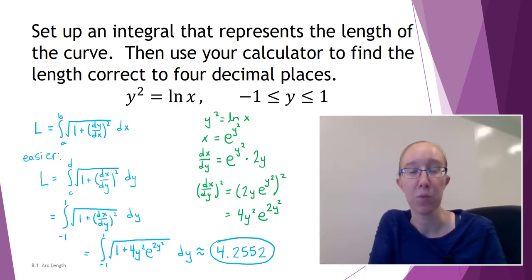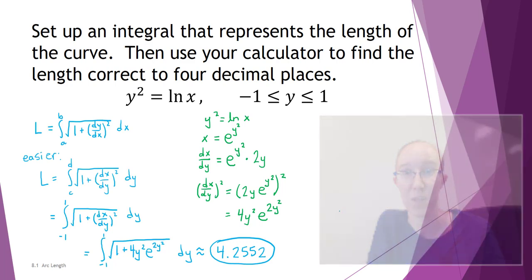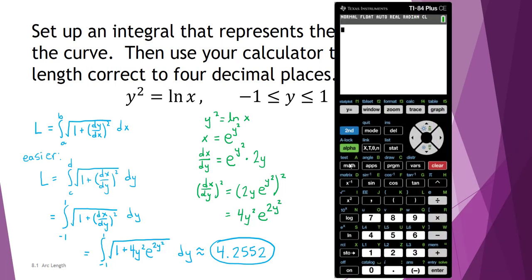Now, in case it helps, what I'm going to do is go over how we plug this into our calculator to get that value. To type this in our calculator, we'll go to Math and choose number 9 for FNINT. Then we will type in the function, which is the square root of 1 plus 4. Okay, now we have y, but I find it easier just to use x. So 4x squared e